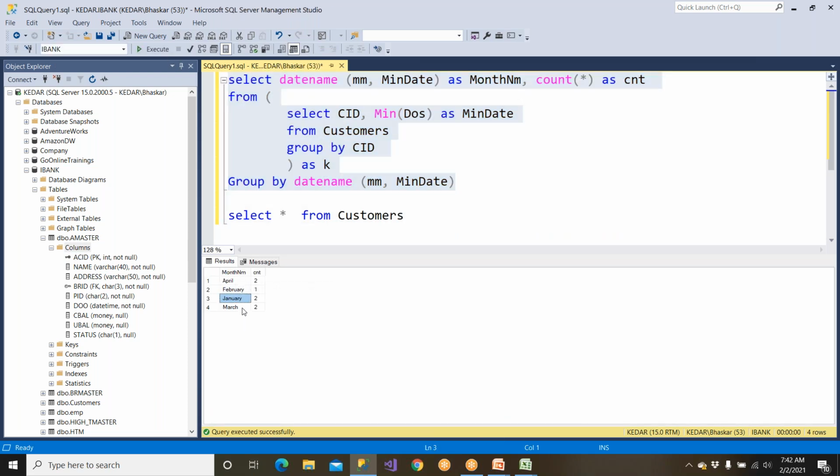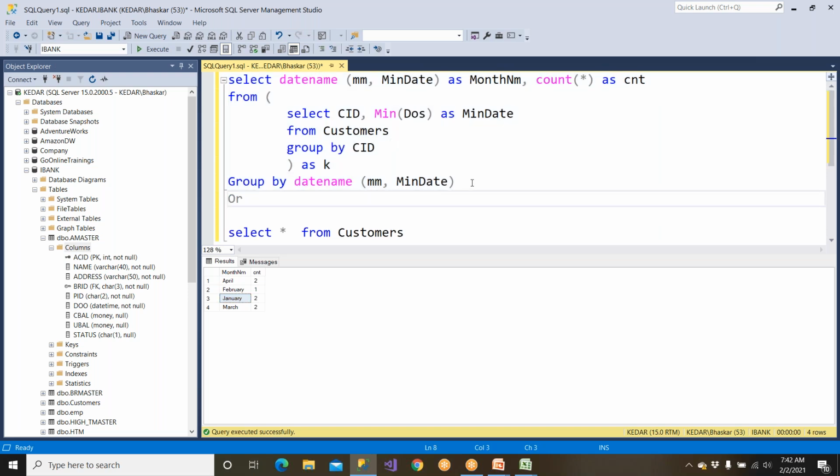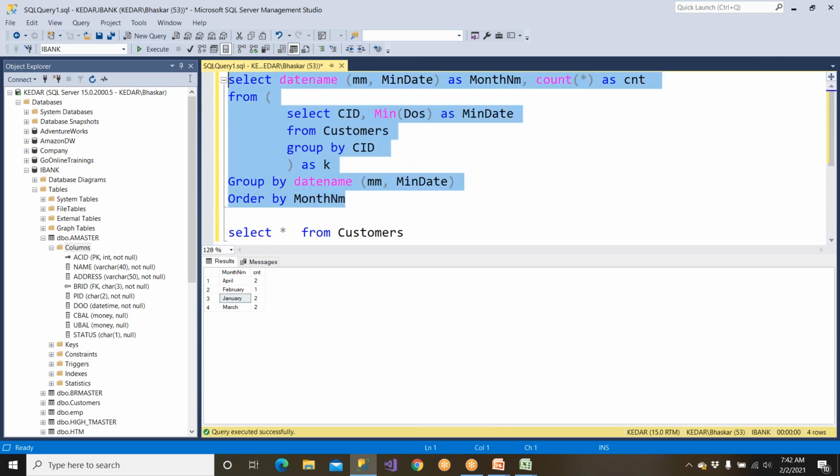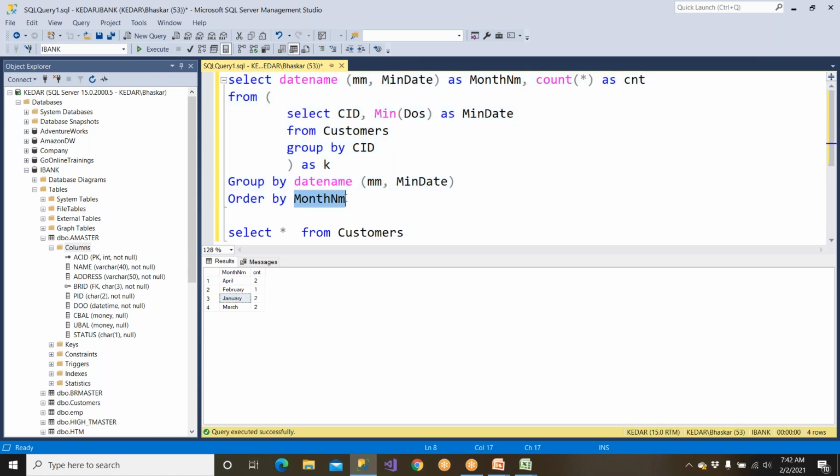But I wanted to get it in proper order. Proper order means you need to say order by what? Order by month name. So when you put the month name, A will come first, but I need January to come first, right? If that is the case, you have to write one more thing here that is called